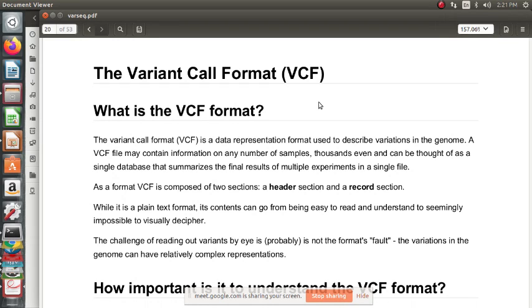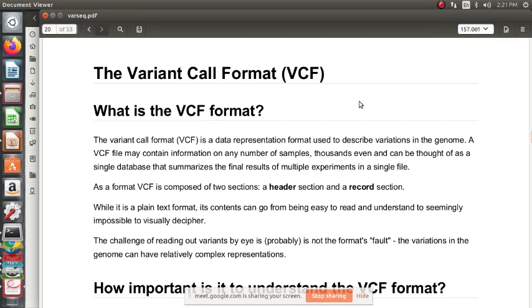While it is a plain text format, its contents can go from being easy to read and understand to seemingly impossible to visually decipher. The challenge of reading out variants by eye is probably not the format's fault. The variations in the genome can have relatively complex representations.